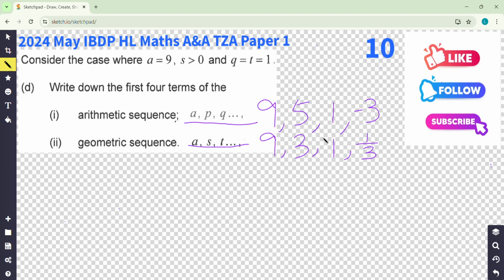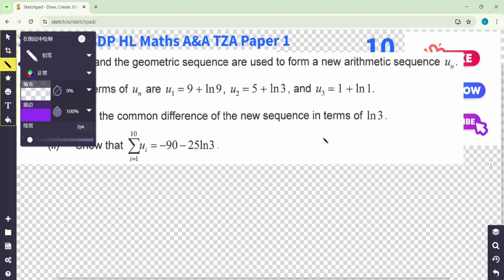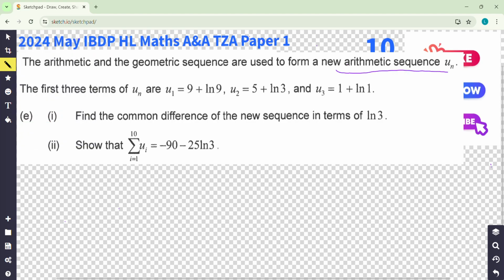And for part E, it is another question because it said that a new arithmetic sequence is formed. Let me change it back here. It seems that it is completely a new arithmetic sequence, so it is an extra question, completely disconnected from A, B, C, and D. Find the common difference in terms of log 3. So common difference, you can see, just subtract them, right? So you can see D equals